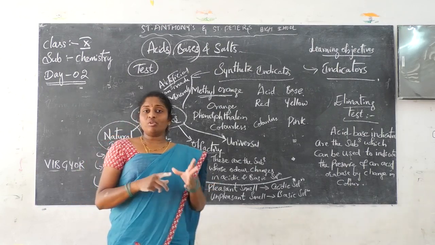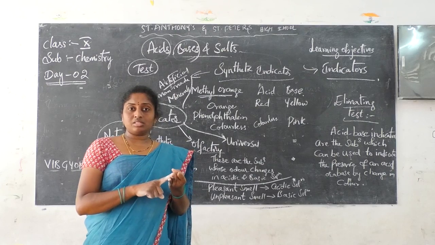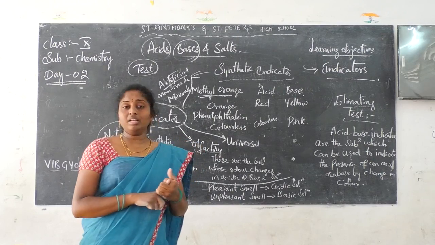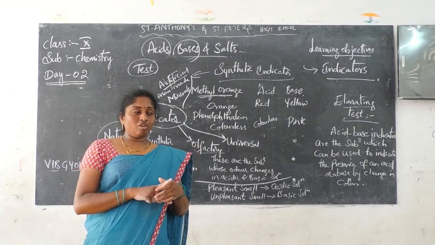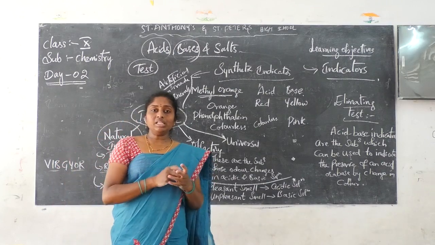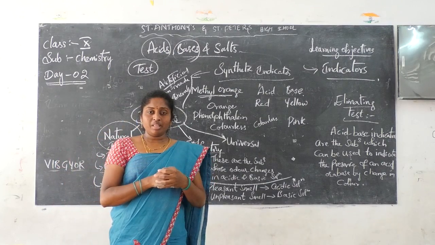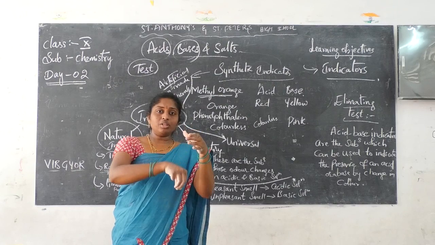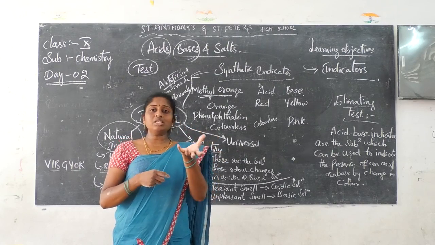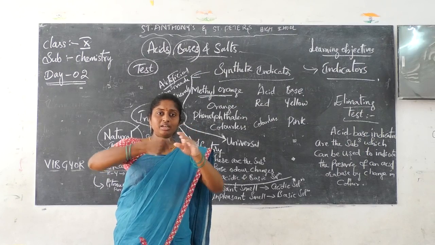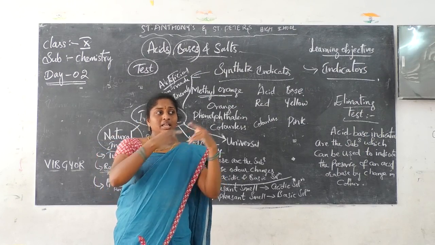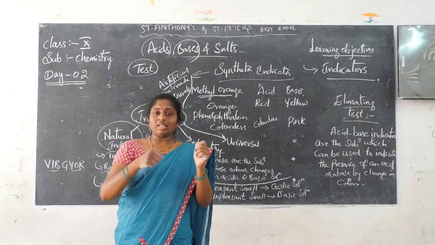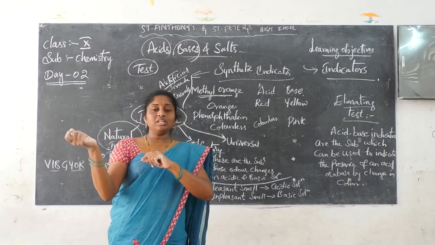What are the examples of olfactory indicators? Onion, cloves, clove oil, or vanilla essence. These are the examples of olfactory indicators. Let me give some more examples. Suppose you have a chopped onion. Take a small piece of cloth, place the chopped onion in it, close it tightly and keep it in an airtight container. Or else you can place it in a polythene cover, tie it and keep it in the refrigerator overnight. The next day, open it, remove that cloth and use it like a sample and test with acid and base.